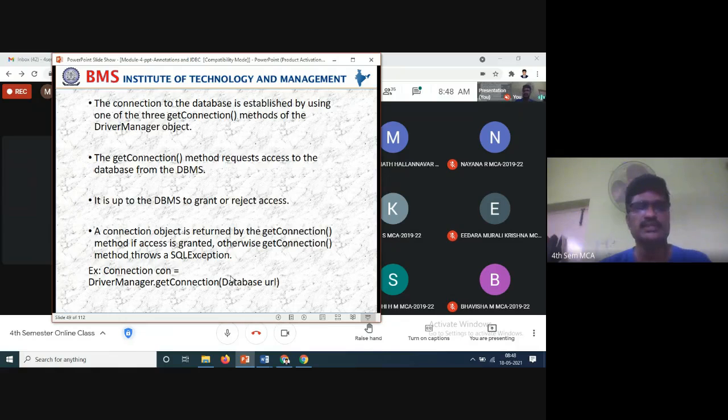Now, a Connection object is returned by getConnection. The Connection object is returned by the getConnection method if access is granted, otherwise the getConnection method throws SQLException. So we will be writing throws SQLException in our programs also. If the connection is established, no problem.